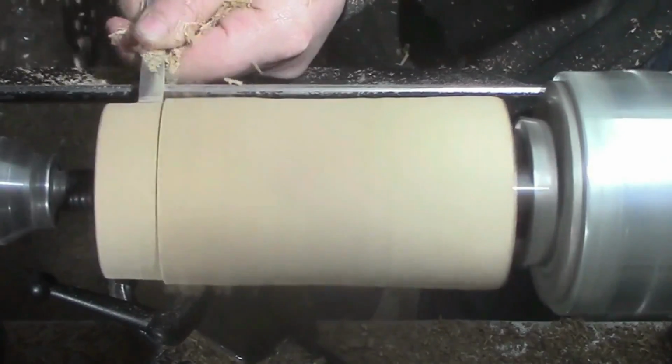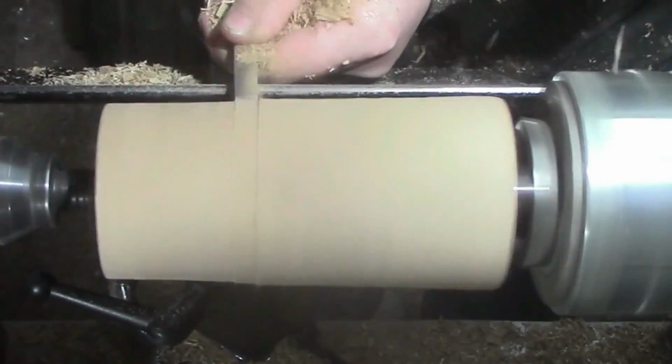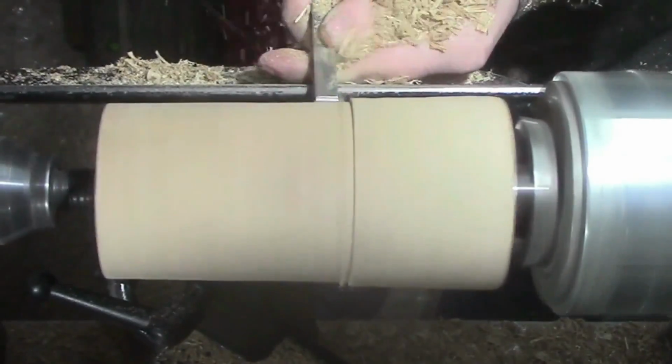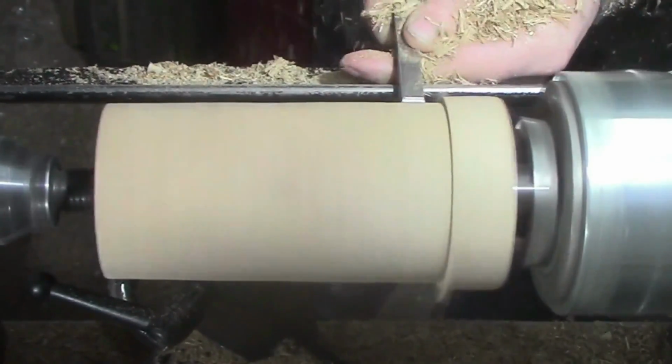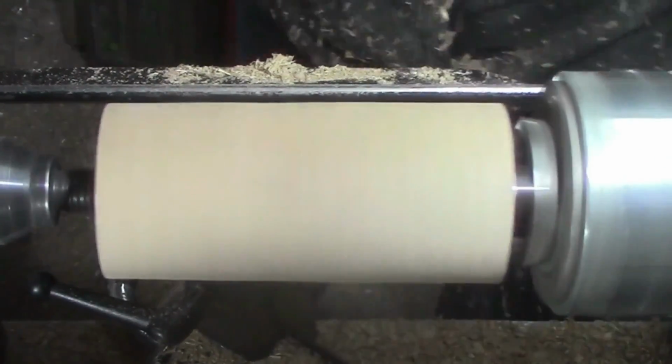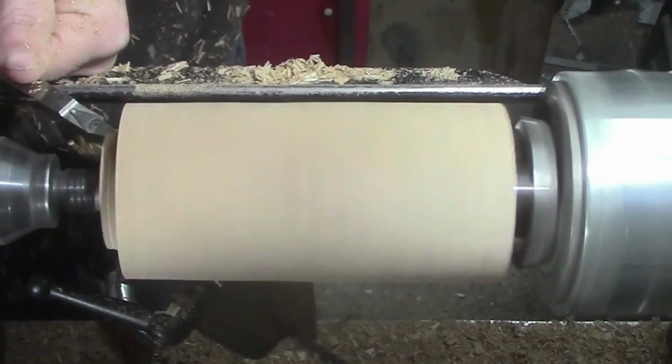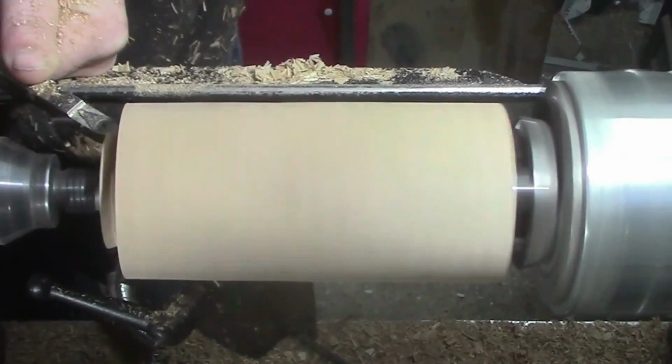Switching it out to the mid-size rougher. And we're just going to make a tenon here and a detailer there just to match the angles of the